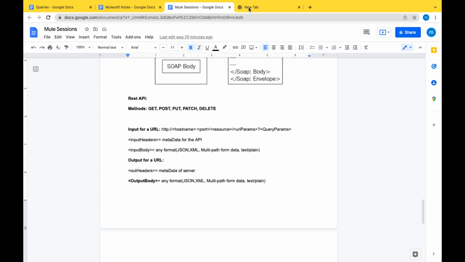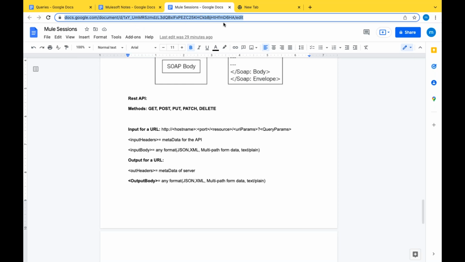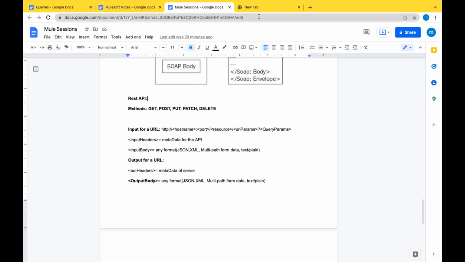Let's consider this a resource, correct? docs.google.com/document/d, and there is a unique ID here, then /edit. It's a resource, and it's an HTTPS based protocol. Each resource will have a host. The API that we are going to prepare, you're going to deploy on a specific server.